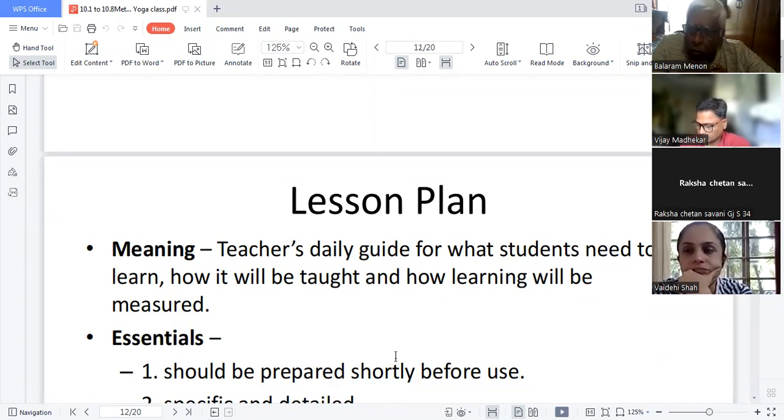Asana is very slow, steady, rhythmic, disciplined, controlled movement accompanied with inhalation and exhalation, and you should feel comfortable: sthira sukham asanam, prayatna shaithilya. That principle has to be followed in each and every asana. Okay. Now, the teacher coming to that lesson, what the student will be taught, how it will be taught, and how learning